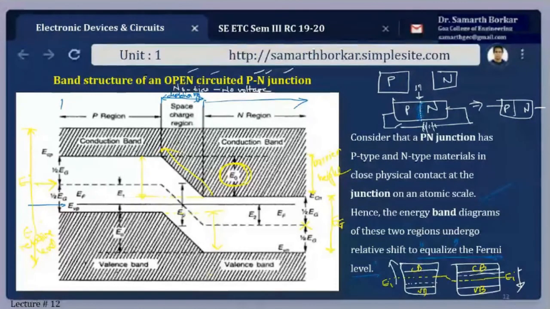But you can check that in the case of n-type semiconductor, this EF is close to the conduction band and it is close to the valence band in the case of p region. Fine. So if I want to get this conduction band edge of the n-type semiconductor to the p-type semiconductor, then there has to be a relative shift. Now this shift is shown as E naught. This is the energy shift E naught here.